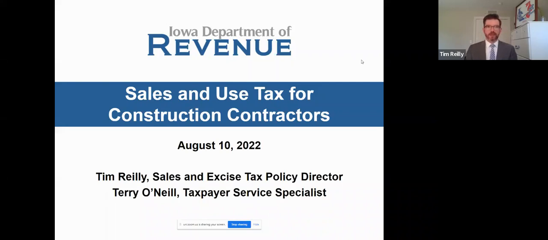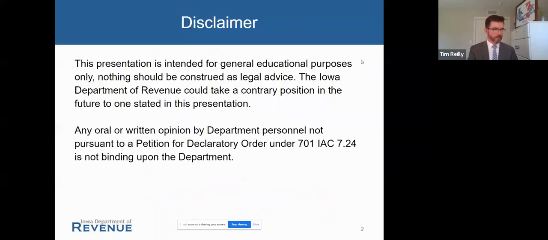Some of it may seem familiar if you've attended a presentation like this in the past from the department, but I do have some additional information new from this year, not specific to the taxes themselves, but how to get permits and file returns. That does impact every taxpayer, and particularly, I think, important information for construction contractors. So with that said, we can go ahead and get started.